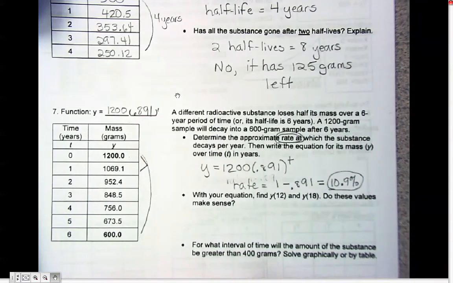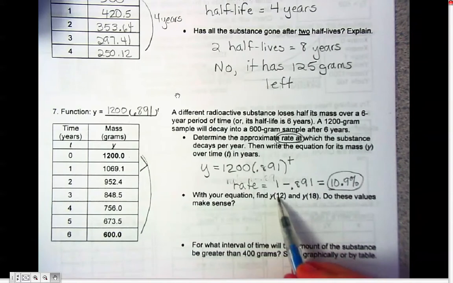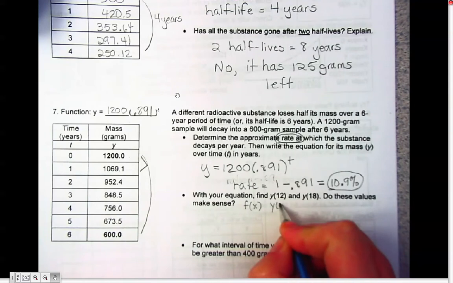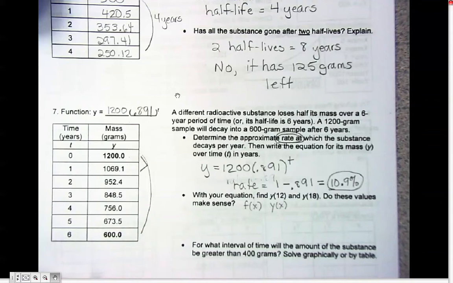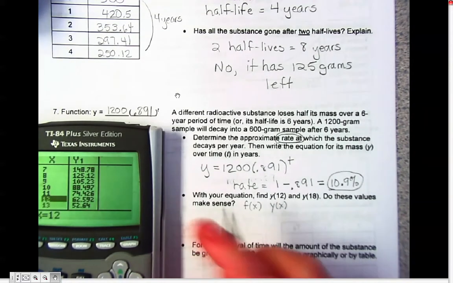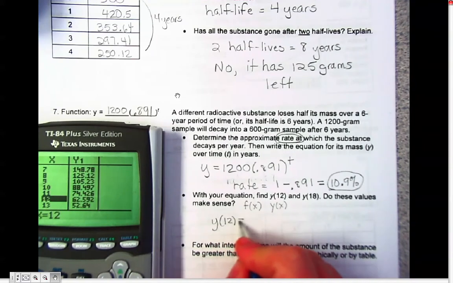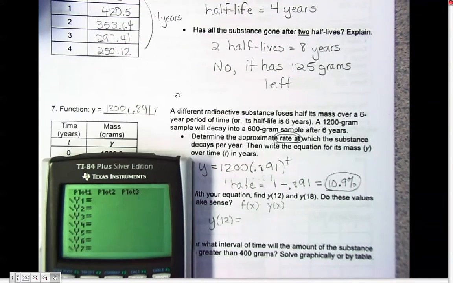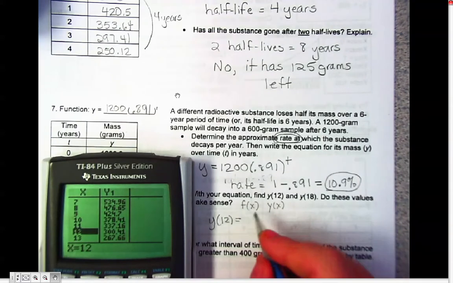Okay, with your equation, find y of 12 and y of 18. This is kind of like f of x. Instead of, it's y of x. So 12 is really x. So we're looking to see when x is 12 on the table. So we'll go down to 12. So y of 12 equals, oops, I don't have the right thing in here. Got to put my equation in here. Put 1200, parentheses, 0.891 to the x, and go to the table. There we go,